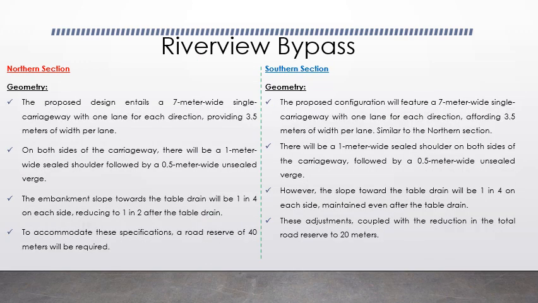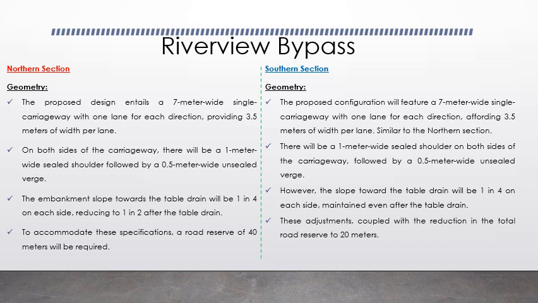Now the geometry of the northern section and the southern section. Northern and southern sections will have a 7 meter wide single carriageway with one lane for each direction, where the lane width will be 3.5 meters. On both sides of the carriageway, we'll have a 1 meter wide sealed shoulder, followed by a 0.5 meter wide